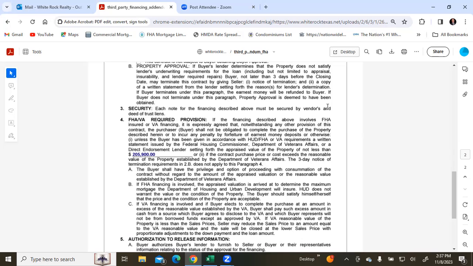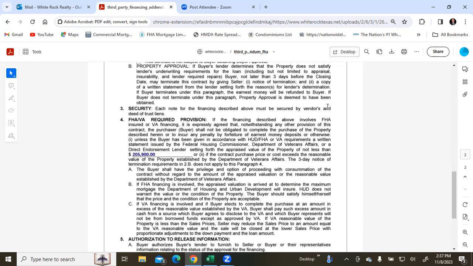If the financing described above involves FHA insured or VA financing, it is expressly agreed that, notwithstanding any other provision of this contract, the purchaser, which is the buyer, shall not be obligated to complete the purchase of the property described herein, or to incur any penalty by forfeiture of earnest money deposits or otherwise, unless